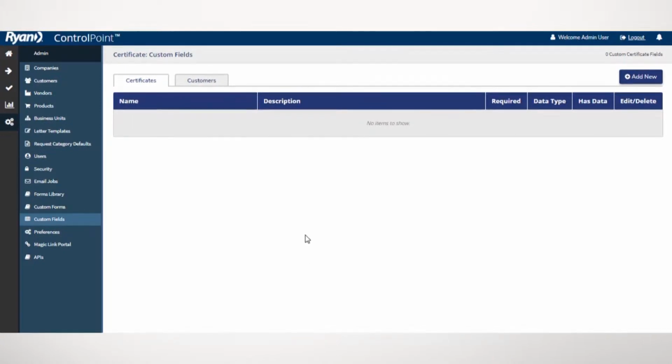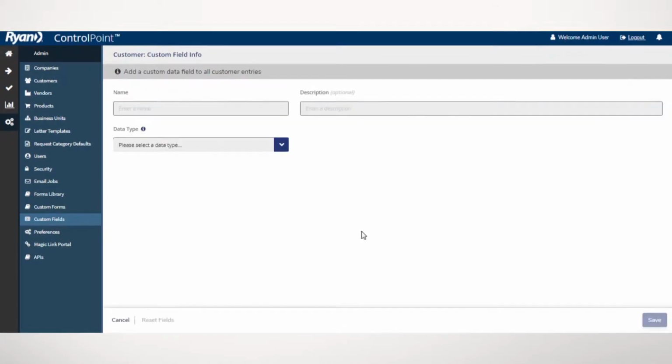ControlPoint now supports the creation of user-defined fields directly from the user interface. User-defined fields can be categorized as either those that belong to certificates or to customers. We'll start with customers. Adding a new field is as simple as clicking Add New, which brings us to a